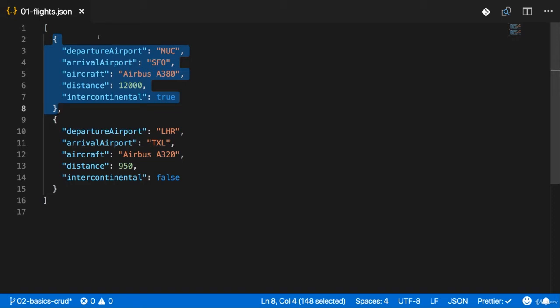about a flight. Now here I got these key value pairs, and that is how a JSON document is basically made up of. You have names, which you enclose between double quotation marks, and these double quotation marks are important and have to be used. And then you got the values for these names or keys. And here the values can be different kinds of data. Here we got a string, so some text basically, which is surrounded by quotation marks. Here we got a number though, and there we don't have quotation marks. So the values don't have to use quotation marks, only the names here.